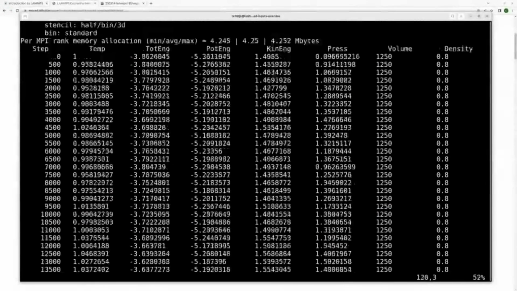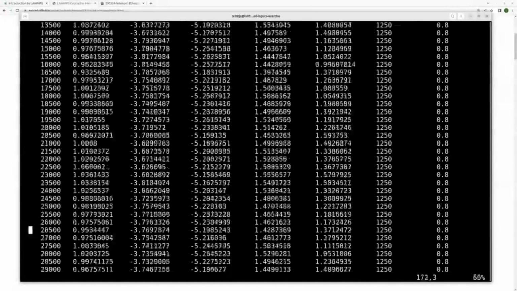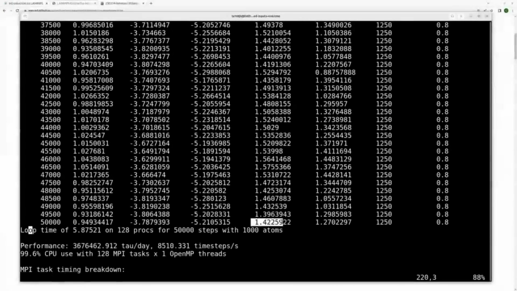And the kinetic energy, which is directly related to the temperature, should not reduce. And indeed, it's at about 1.5 at the top. And it's actually quite low at the bottom. That's interesting, which probably indicates that our thermostat damping is too long, or it indicates that we're using too short